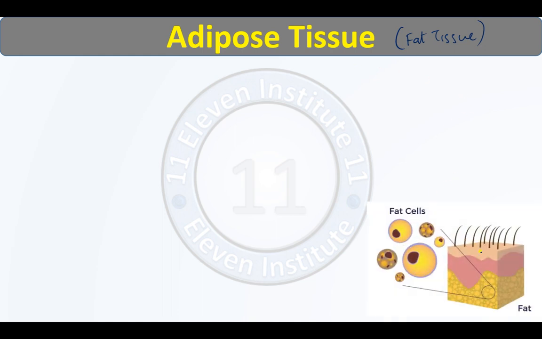So these are the fat cells. You can see this is the outermost layer, epithelium, right? This is a very good image. Then this is areolar connective tissue used to fill the space, and below that is a layer of fat cells, and this layer is known as the layer of adipose tissue.